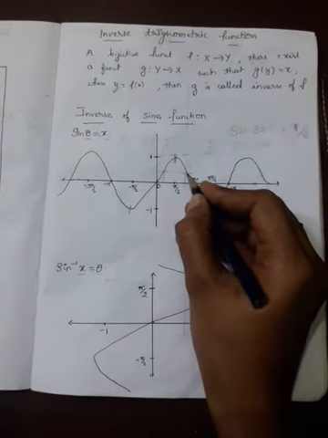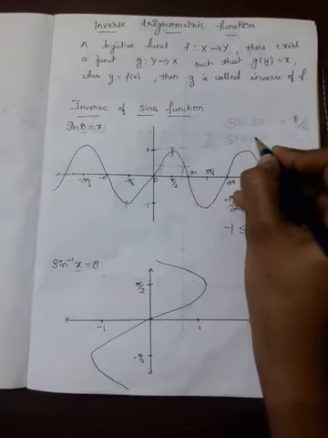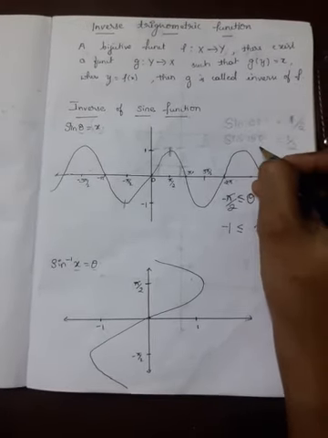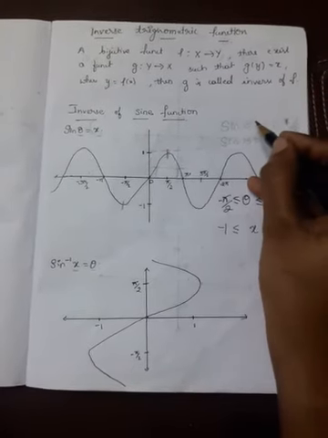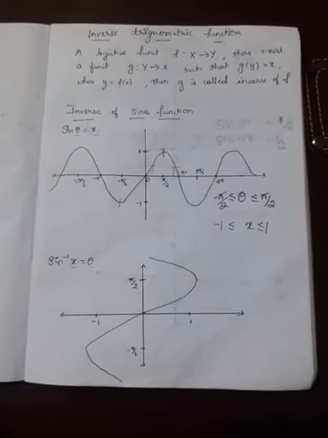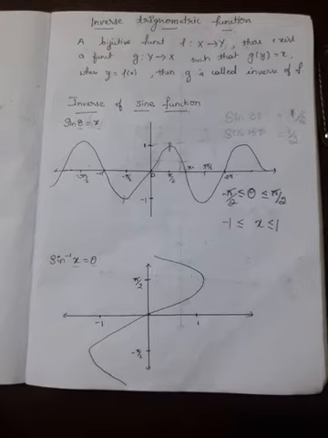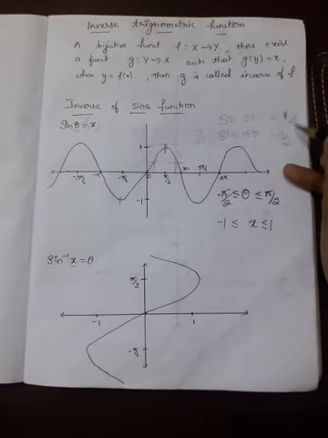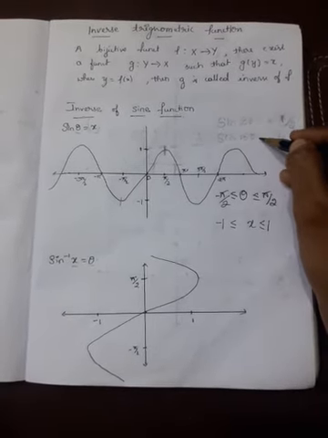Also you should see that sine 150 value is also 1 by 2. Correct. Both sine 30 and sine 150 are 1 by 2. Our codomain value is the same, but our domain value is different. You know the definition of a one-one function: for a unique domain value it must have a unique codomain value. But here our codomain is the same, but our domain is different. Therefore, this is not a one-one function.